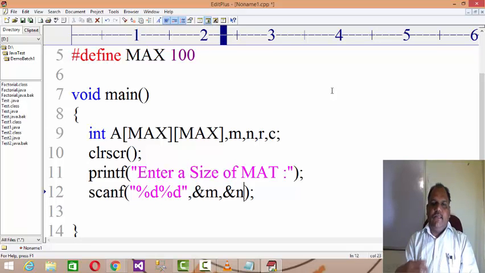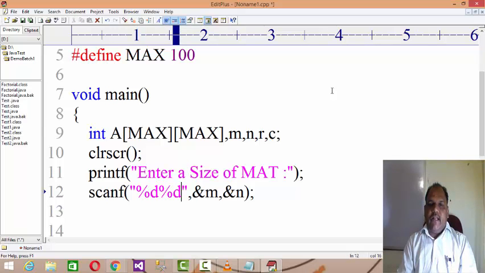For example, if you enter the size of matrix 3 of 3, then a matrix with 3 rows and 3 columns will be formed. Here, initially I declared a mat by the name of A and of size MAX by MAX, but now the user will be able to create a matrix of user defined size by accepting the data related to the rows and columns from the user.